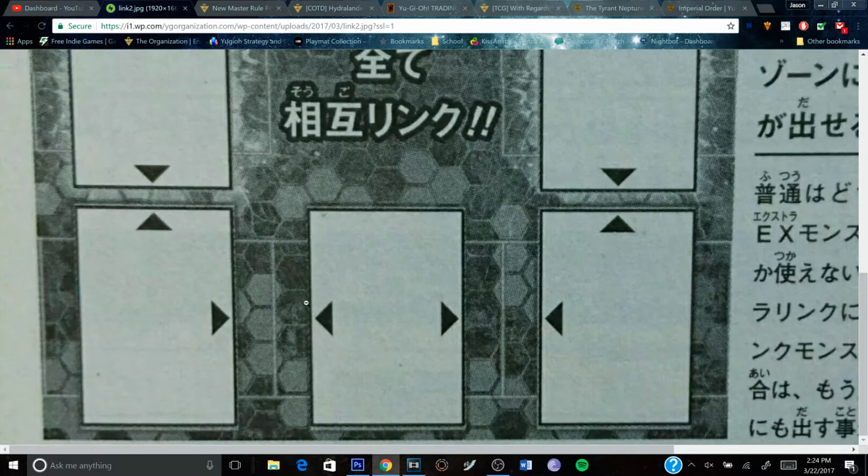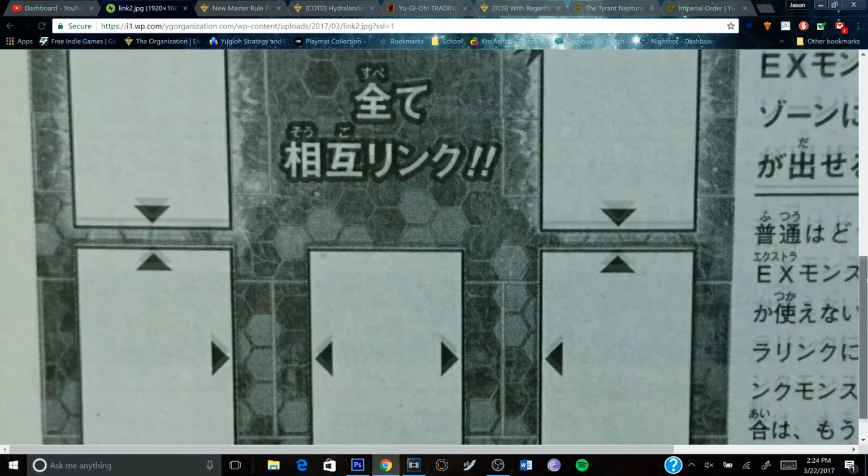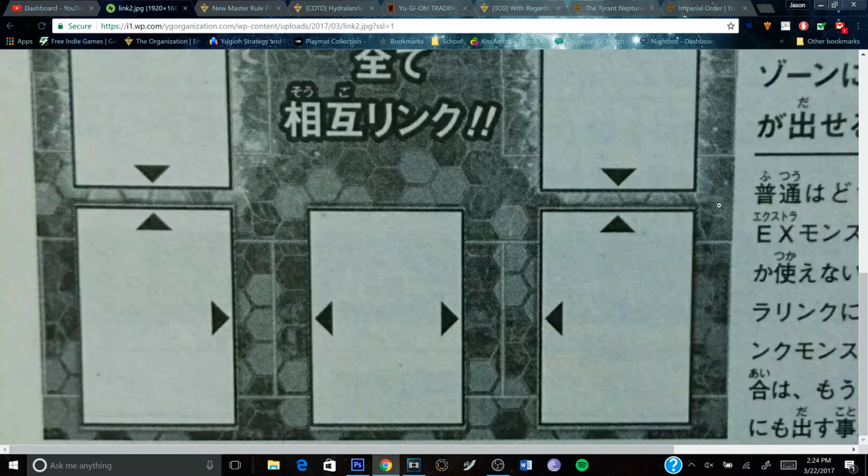So the left arrow pointing to your next main monster zone opens up this zone for another link monster. So let's just say you put a link monster here that has an arrow pointing upward and an arrow pointing to the right. So now that you have link monsters in these zones right here